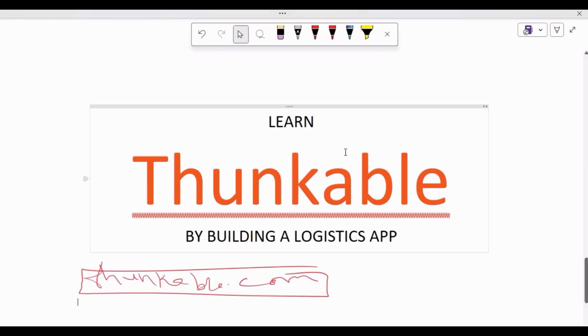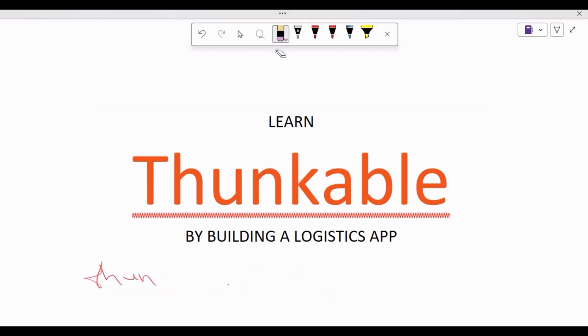This is actually our drawing board where we are going to be trying. Don't forget that the aim of this is to learn how to conceptualize our idea. Of course, you might be thinking about something big, so this can be a good way to get this done. Instead of waiting for the programmer to help you conceptualize your idea, you can actually all by yourself go ahead to conceptualize your idea. We are using the website called Thunkable, but for now let us look at how to